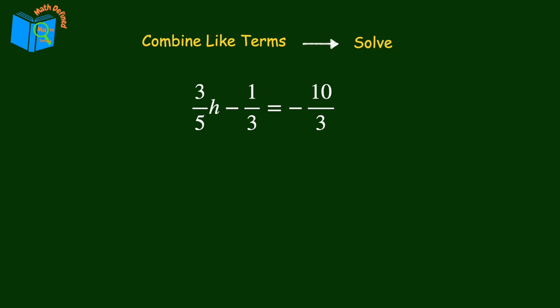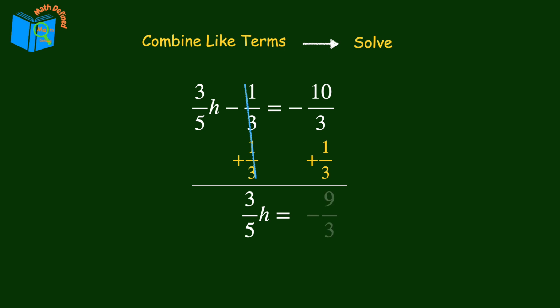Now let's look at this equation where the variable has a fractional coefficient. We're dealing with more fractions, but remember, the steps are the same. To combine like terms, we'll add 1/3 to both sides. On the left side, the 1/3s cancel out, leaving 3/5 h. And on the right side, negative 10/3 plus positive 1/3 is negative 9/3, which we can simplify to negative 3